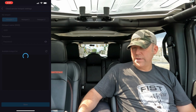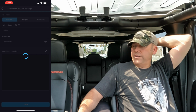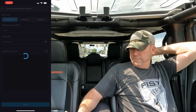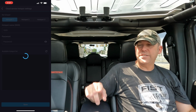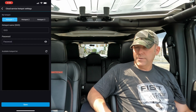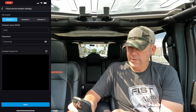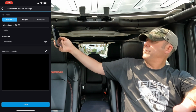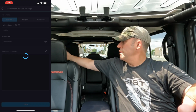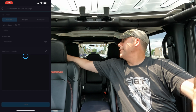Don't know why it's not showing any Wi-Fi signals. There should be a list right below this showing you all the different Wi-Fi signals that are nearby. Yeah, it's still not doing it. That's weird. Let me see if I hold the camera up a little bit, or phone over here. Let's press it again. I'm pretty sure I'm close enough to the house that it should connect, but